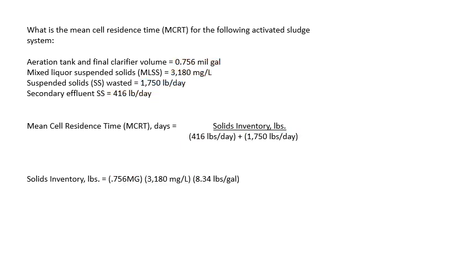So we have everything plugged into our formulas. We'll go ahead and solve for the solids inventory pounds. 0.756 million gallons times 3,180 milligrams per liter times a standard of 8.34 pounds per gallon. That gives you a solids inventory of 20,050 pounds. Next, you're going to go ahead and solve the bottom. So 416 pounds per day plus 1,750 pounds per day